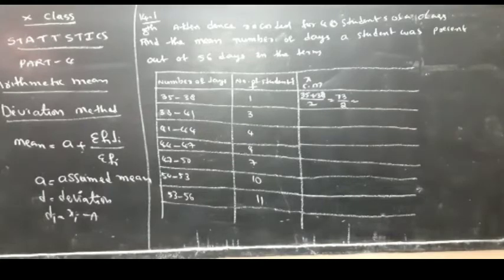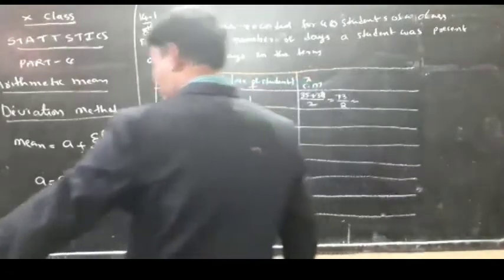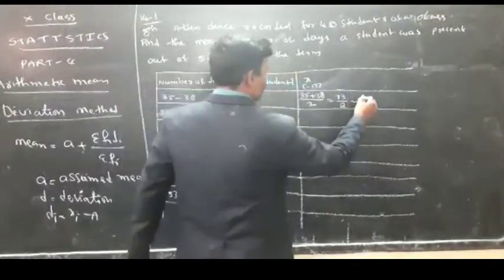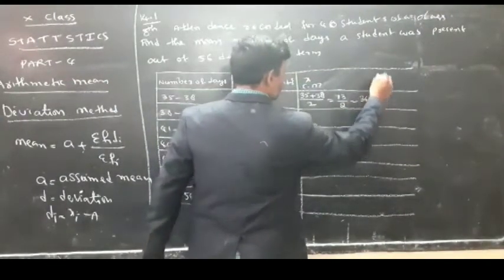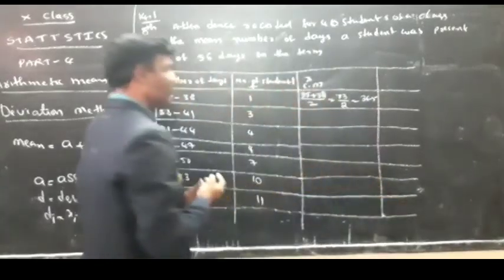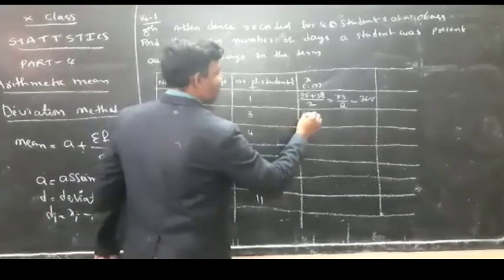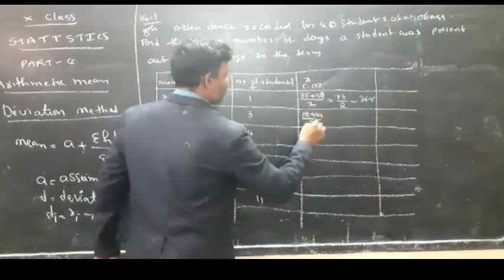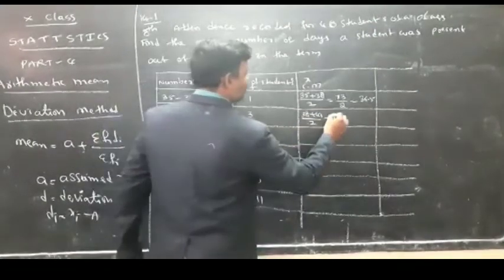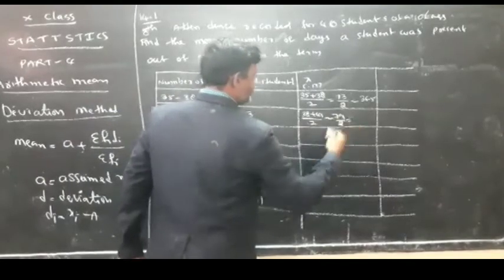Now divide 73 by 2. It is nothing but 36.5. What is the value of x? 36.5. To find this also, 38 plus 41 by 2 is nothing but 79 by 2 is equal to